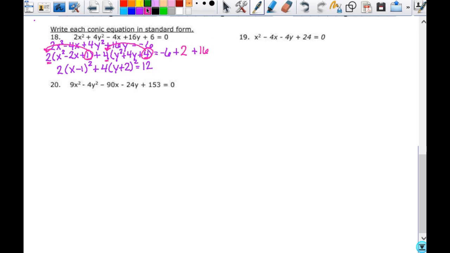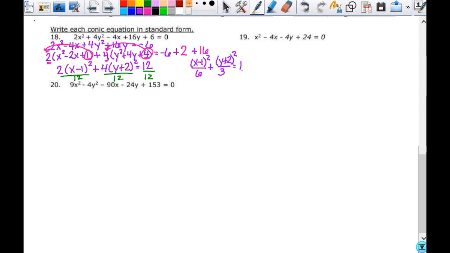So then I'm going to divide everything through by 12. That's going to leave me with, this reduces down, the 2 and the 12 gives me x minus 1 squared over 6 plus the 4 and the 12 reduces down to 1 over 3, so y plus 2 squared over 3 equals